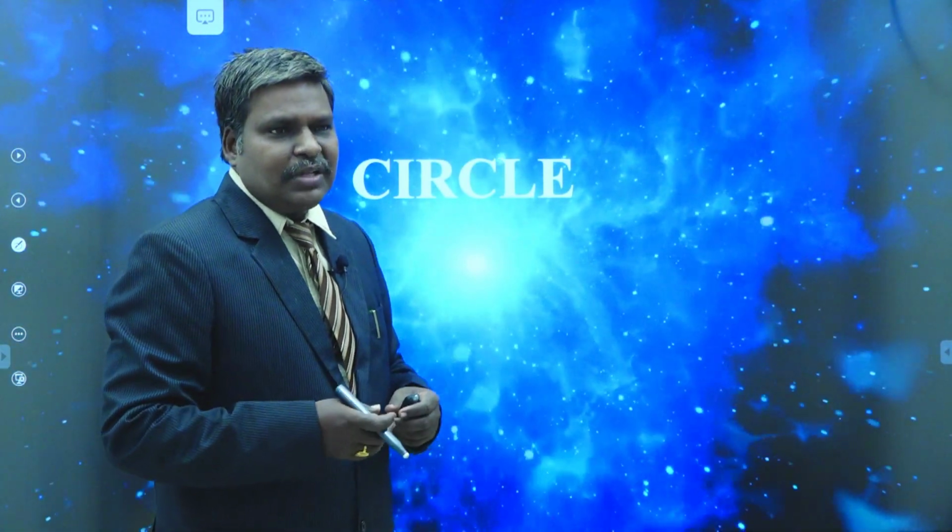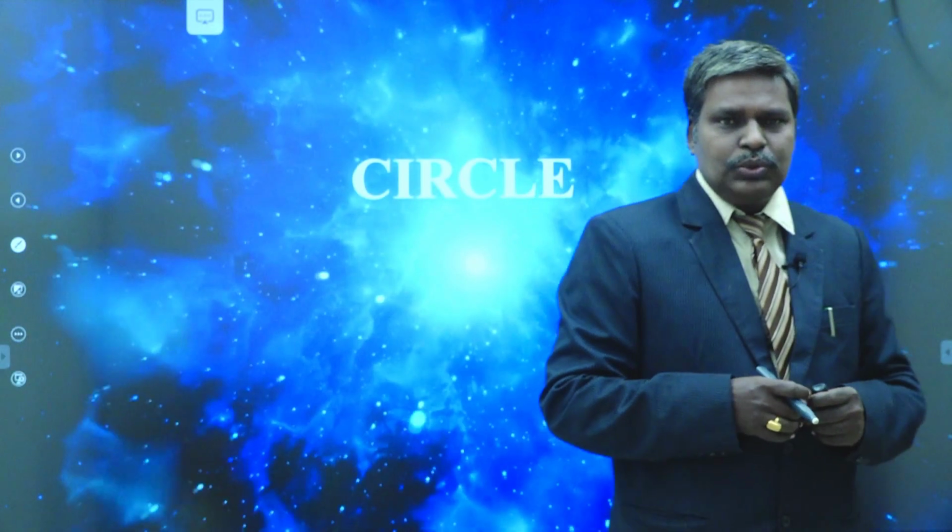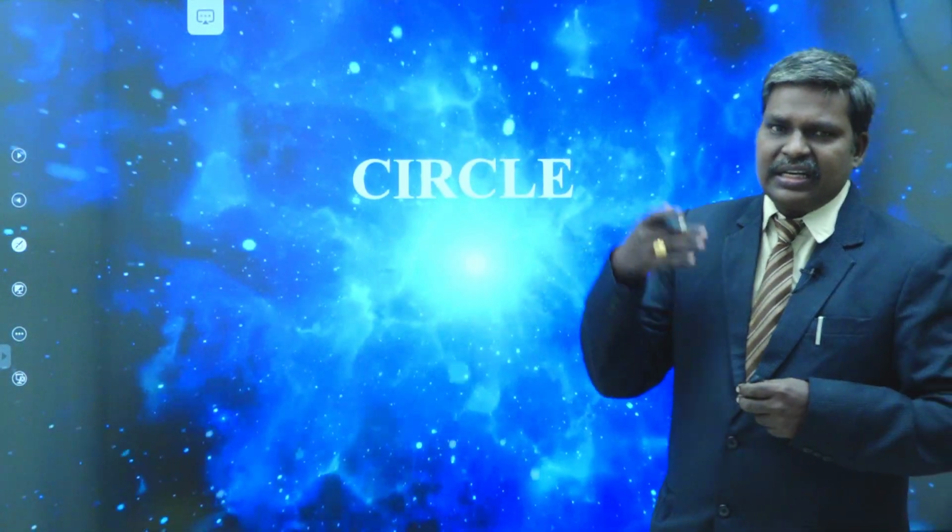And moreover, we have another condition, that is one circle completely inside the other circle, then there is no common tangent for both circles. At that time, the condition is modulus of R1 minus R2 greater than C1C2. So these are the conditions, the number of common tangents and the relative position of two circles in this plane.